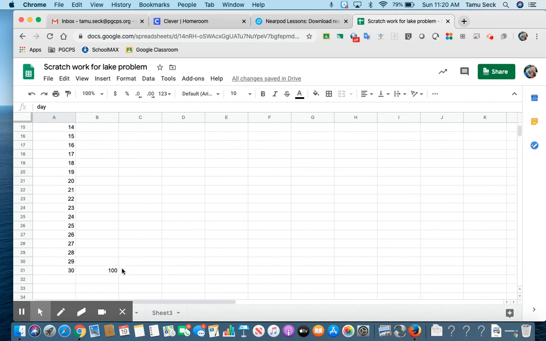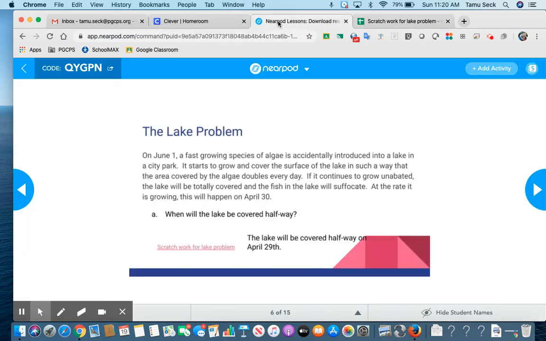So the lake is doubling every day. So if the lake is doubling every day, what percentage of the lake would be covered on day 29? Well, what times 2 equals 100? Well, it's 50. So 50% of the lake would be covered on day 29. So the lake will be covered halfway on day 29,